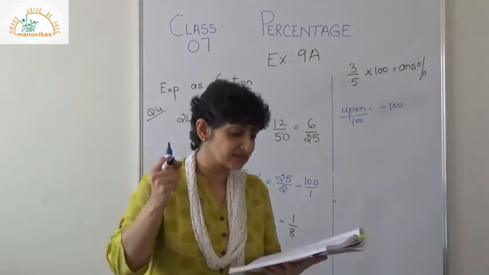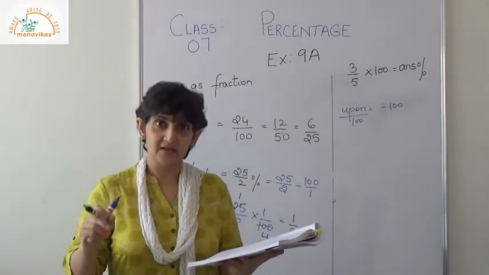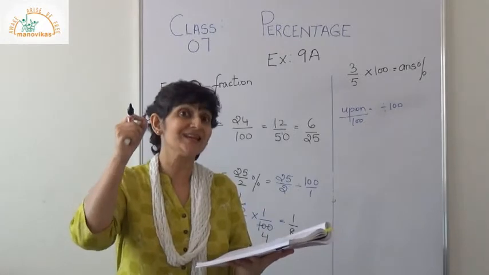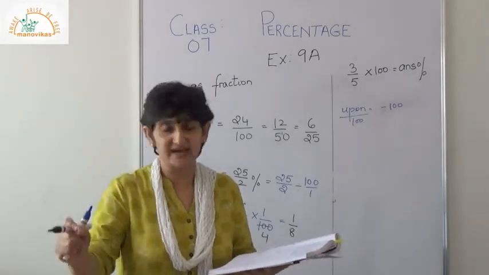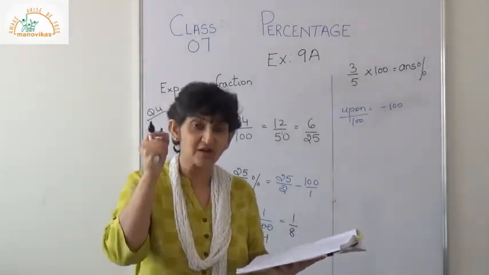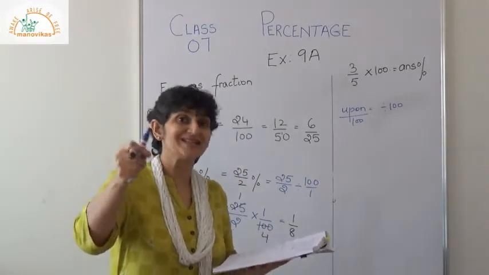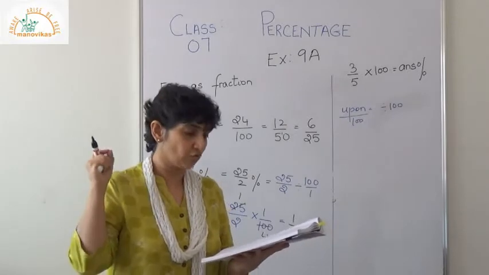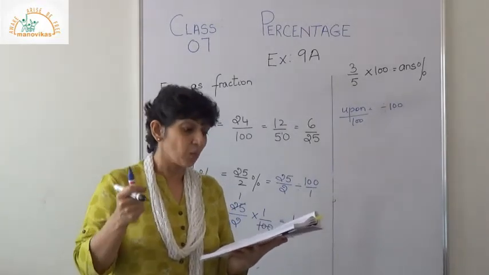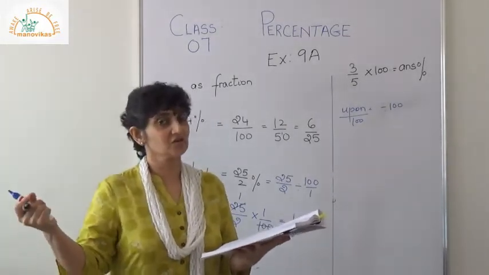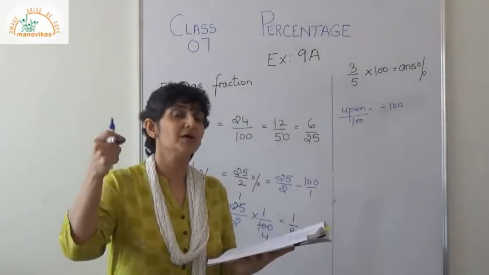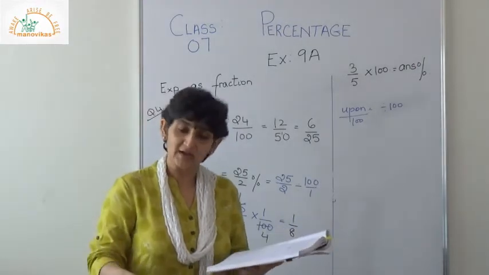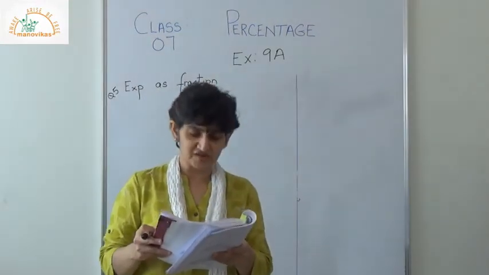Same thing. It is 6 and 2 upon 3%. So convert: 6 3s are 18, 19, 20. 20 upon 3%. I'm not going to do it. So what is the meaning of 20 upon 3%? 20 upon 3 divided by 100. So you know how to do it now. And next is 165%. So that will be 165 upon 100. Reduce it to your simplest form and that will give you your answer. Alright, now let's do question 5.